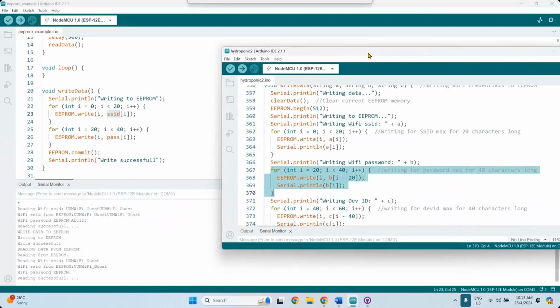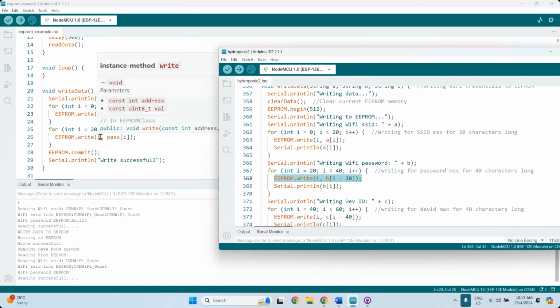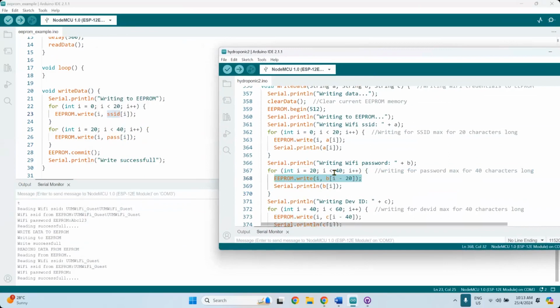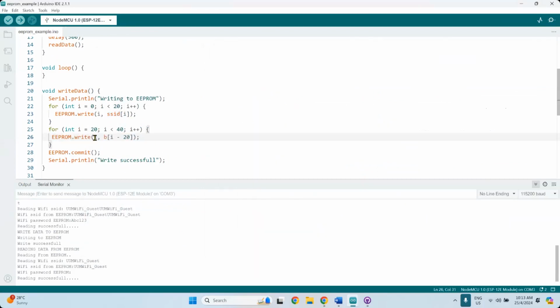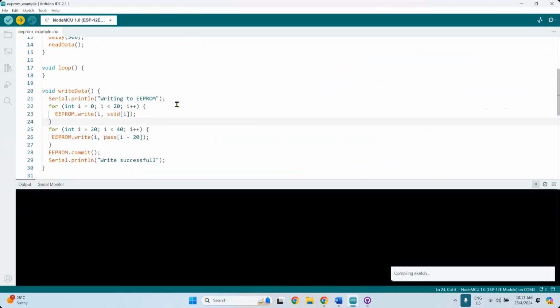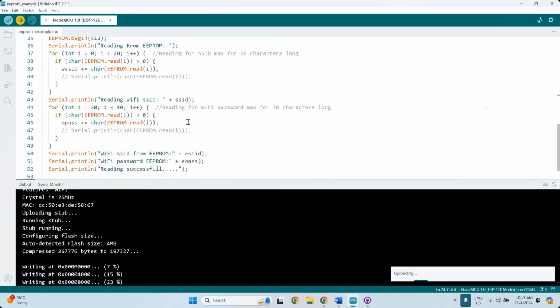Oh, minus 20. I didn't put it there, right? Yeah, I didn't put it. I forgot to put it. Should be minus this one. Minus 20. Pass I, B. I value, here I forgot. B I minus 20, B value. Write data. So I left this one out. But this is the value of the SSID password. I made a mistake with this one, that's all. 20 characters long, 20 characters long. Oh, the one below is the same. The one below should be okay.